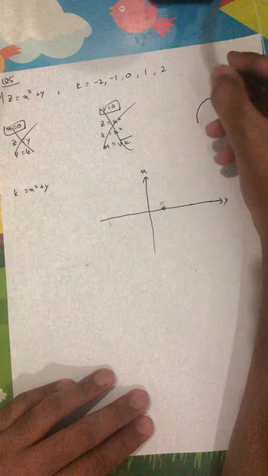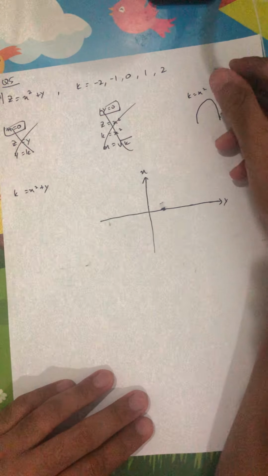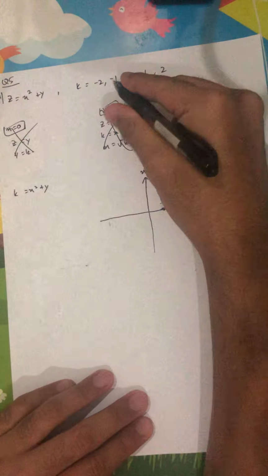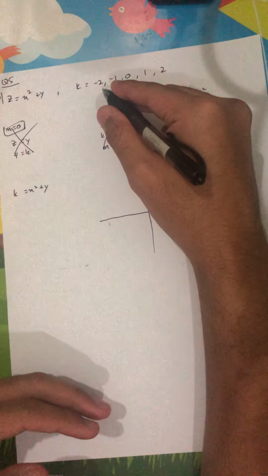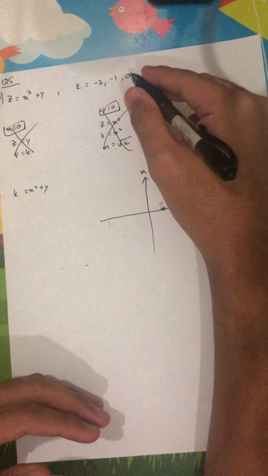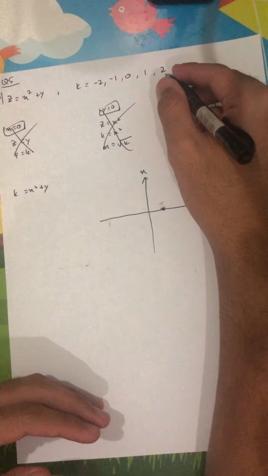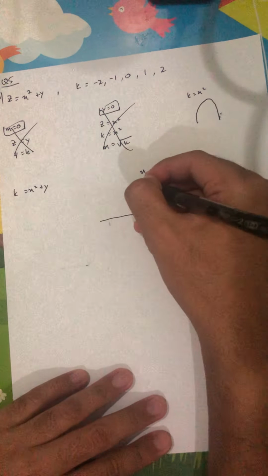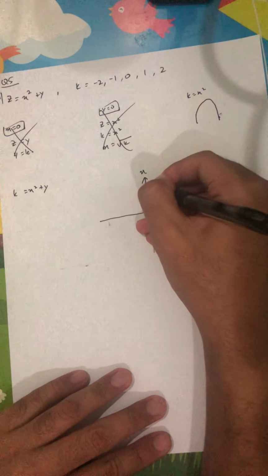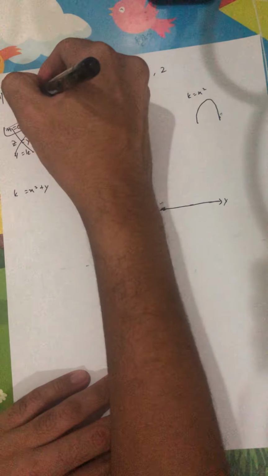So we will shift this upwards and downwards based on this. So at k equal to 2 right here, it will be shifted upwards by 2 point because k equals